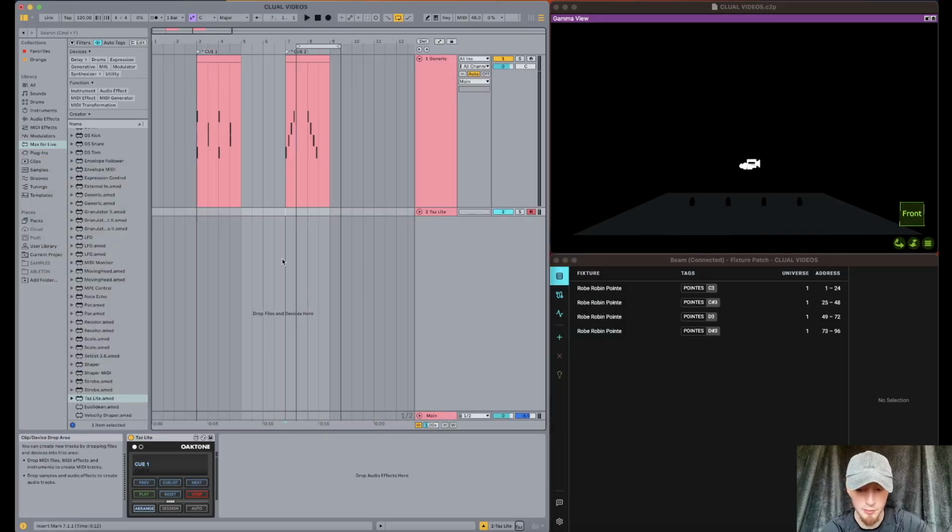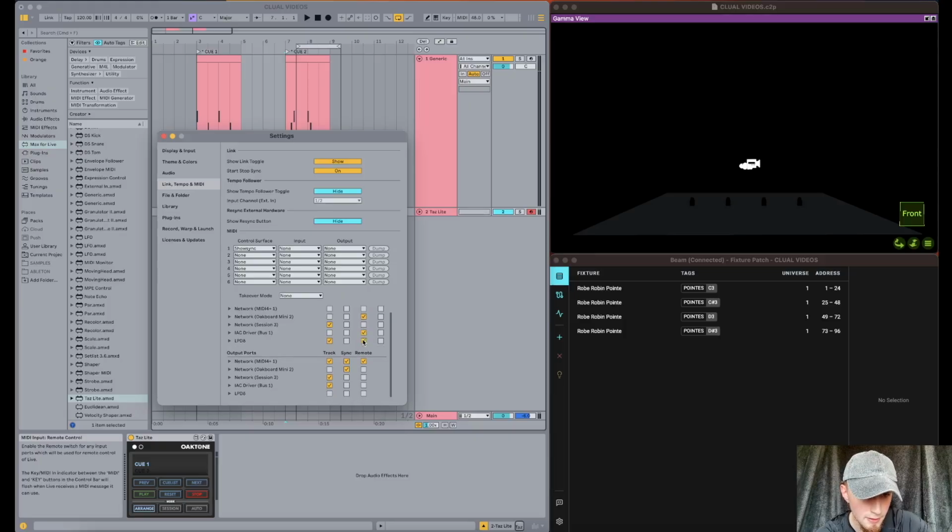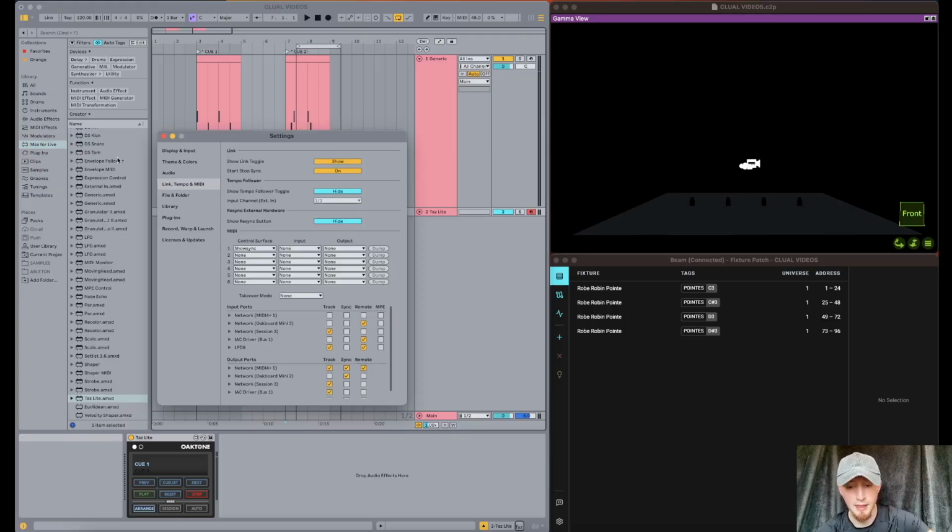So once we're back in Ableton, we want to go back into the preferences. So command, comma, link tempo MIDI. And on the input ports, we want to find the IAC driver, bus 1. Make sure the remote is enabled so we can remotely control it. And on the outputs, we want to ensure that the track is enabled. So if we exit that,